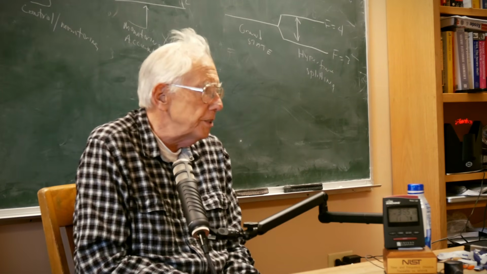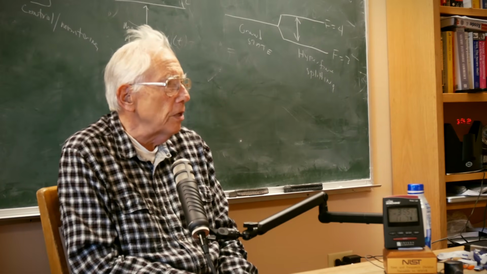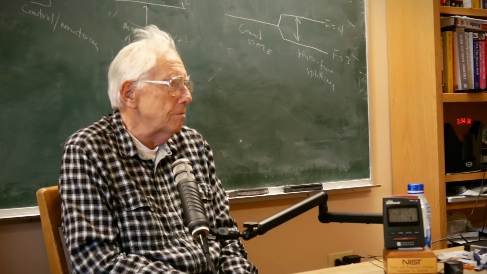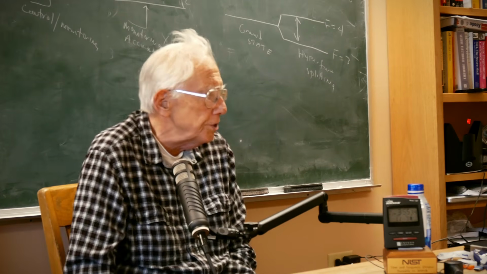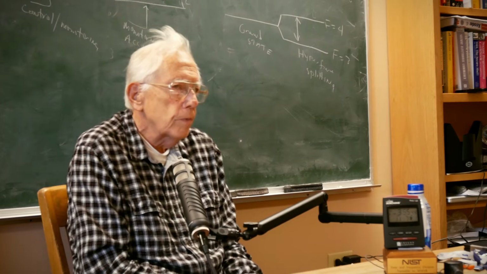What's the working principle there? The working principle of a comb is that the optical frequency is divided down by a very large integer that you can measure from the comb, and that's the essence of the trick. Then once I get it down into the gigahertz region, I can use normal electronics. So that's the frequency comb. They opened the path towards optical atomic clocks.